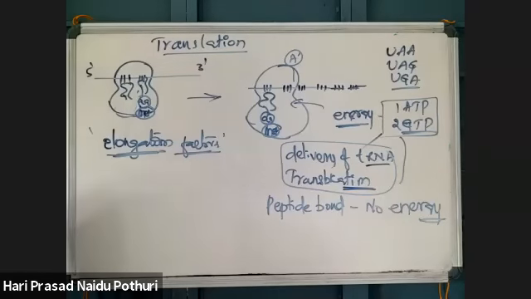For every amino acid, 1 ATP and 2 GTPs are needed